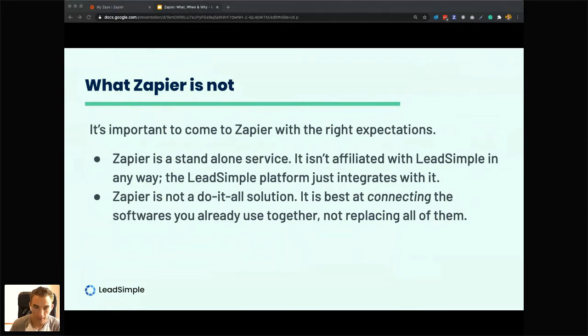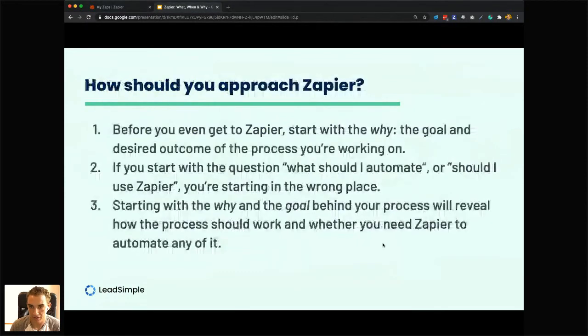All right. So next slide. So how should you approach Zapier? Like I talked about, you need to start with the why, the goal and desired outcome of the process you're working on. And basically, if you start at the beginning with your owner onboarding process and you're like, oh, what can we automate with all this, before you've really defined what the steps are, then you just come up with